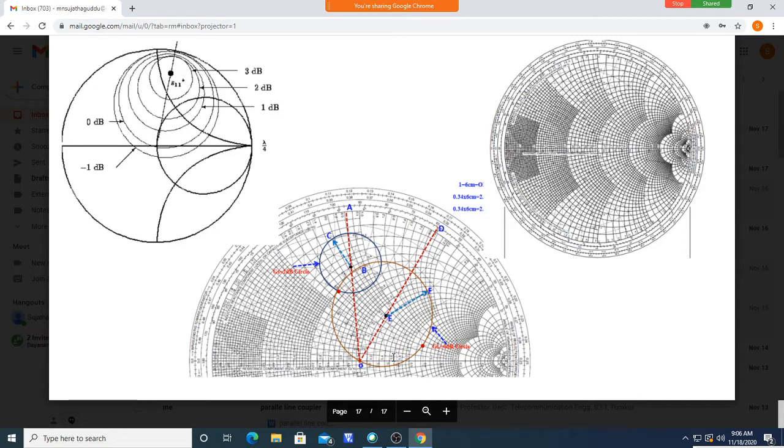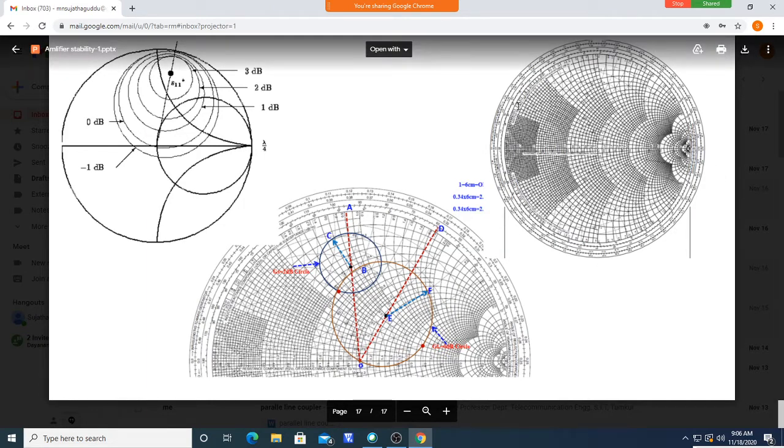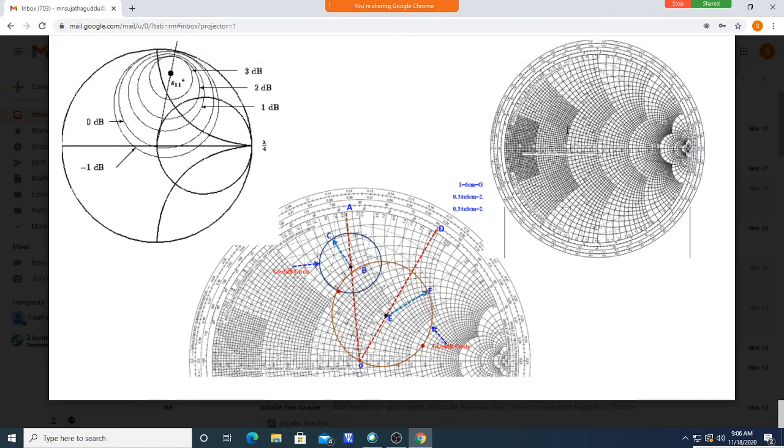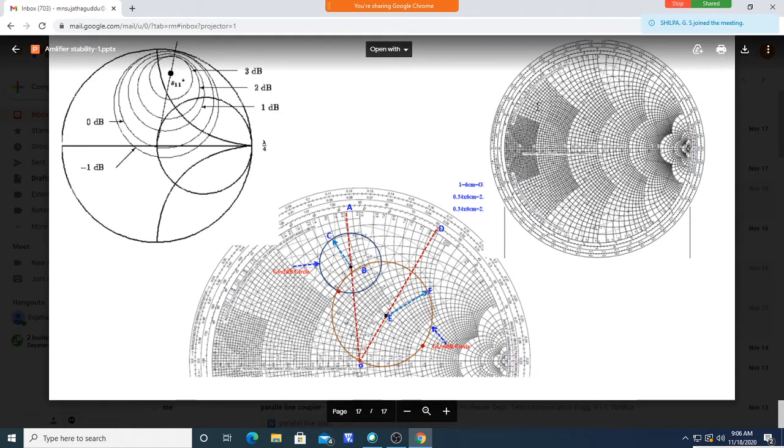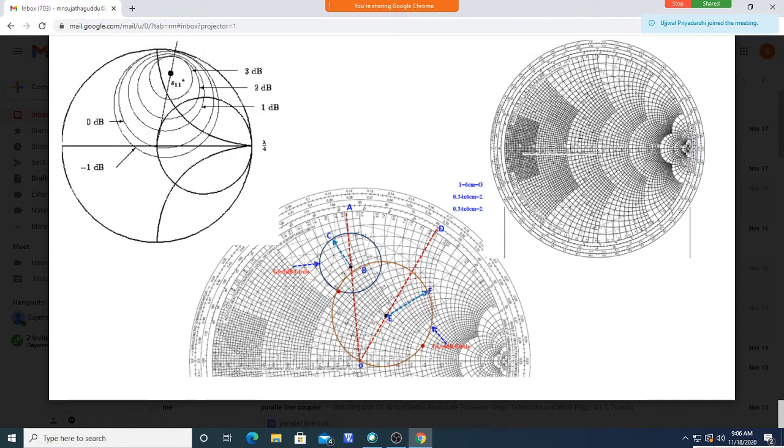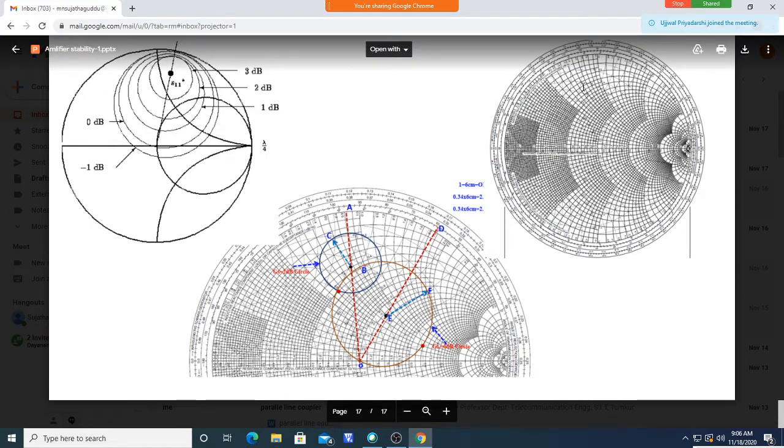In the stability check, we are finding in general what values of impedance we can use over the Smith chart. If you want the amplifier to be stable, can we use any value over this to keep the amplifier in the stable state, or only values over a particular area of this Smith chart? This is an impedance chart. Impedance varies over this chart. Impedance may be something here like this. Here we will have negative reactance, like that.